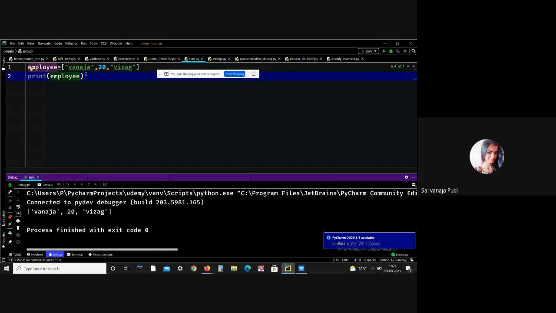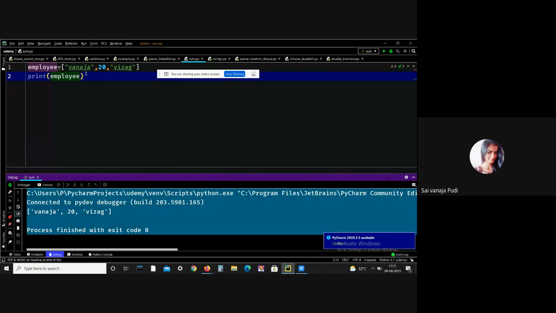The next concept is list indexing. Generally, in strings, indexing starts from zero. In lists also, the index starts from zero and goes to length minus one. The first element of the list is stored at the zeroth index, the second element at the first index, and so on. Let me print. Here I'm giving a list 1 2 3 4 5.